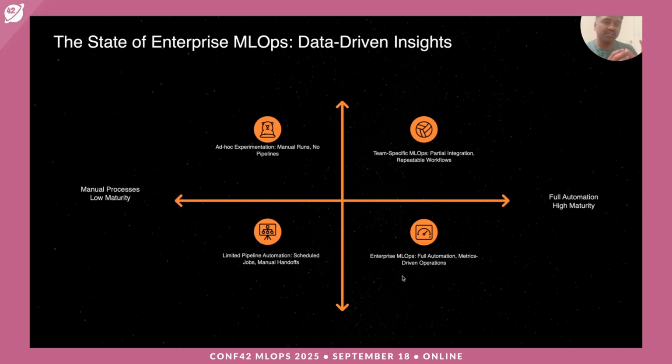So having a consistent, repeatable workflow across this whole life cycle of model development, deployment, and testing is extremely important. Having that is a maturity level of any MLOps system in a way. The other important aspect is enterprise MLOps with full automation and data-driven practices, where we have metrics to capture at every stage of model deployment. When there is development, testing, and even deployment, we can have a lot of testing baked into every phase of it.